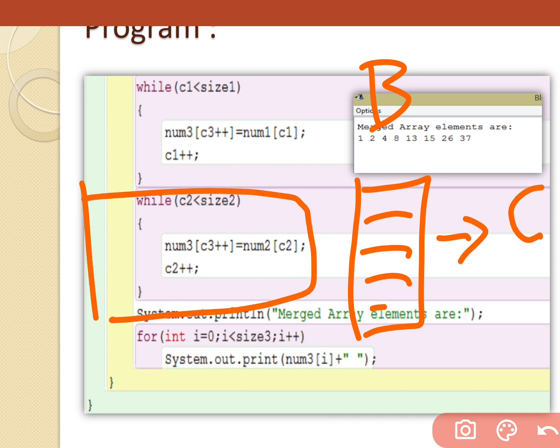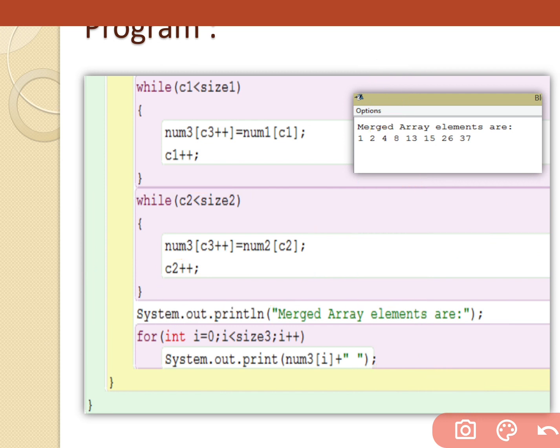If the counter has still not reached size, then we have to fill the third array one by one, and we have to increase the counters.